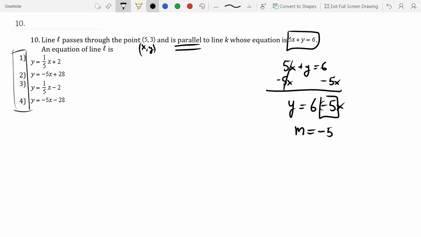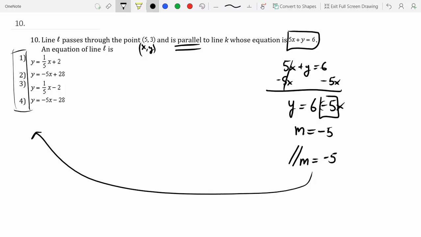Okay? So I know the line that will be parallel to that needs to have the same slope. So if I take that information and go to my multiple choice, my answer must have a slope of negative 5. If I look at answer choice 1, the slope is 1/5. That can't be right. If I look at answer choice 2, that's got a negative 5 for a slope,